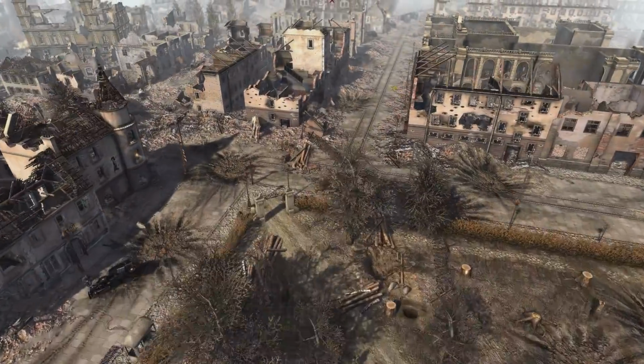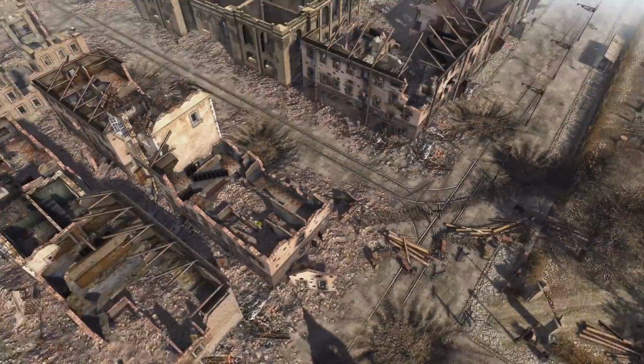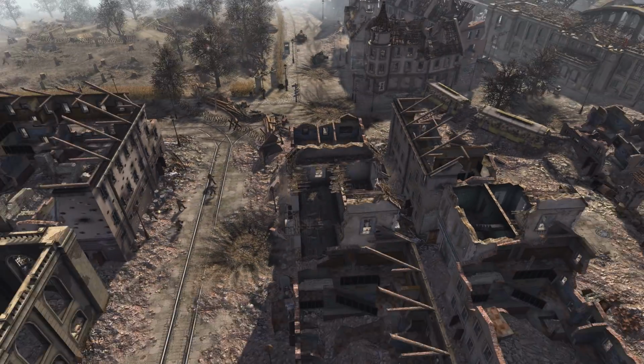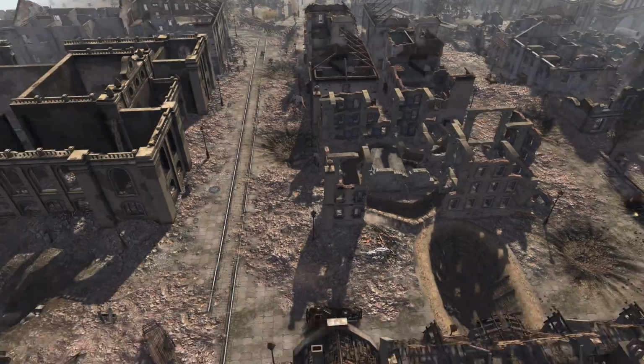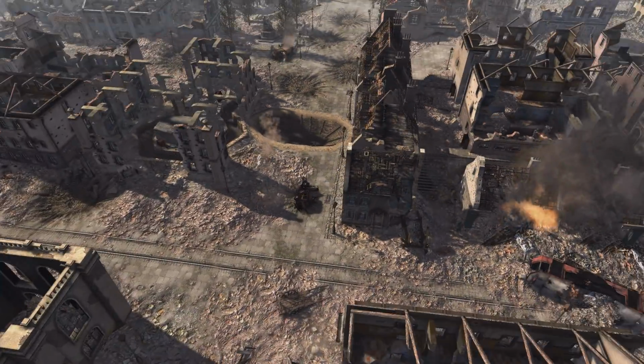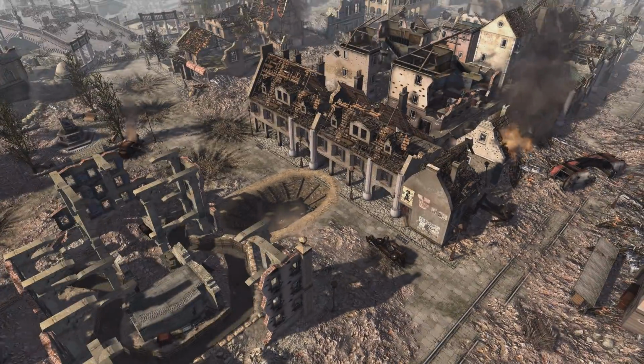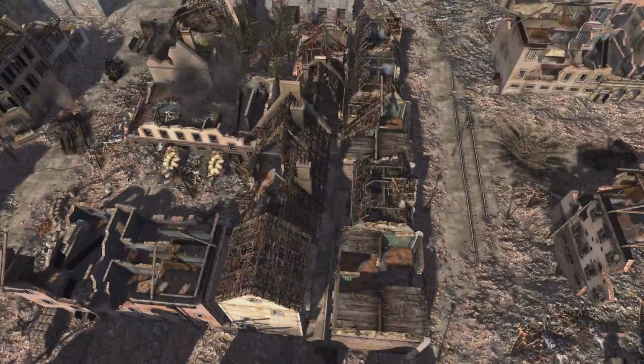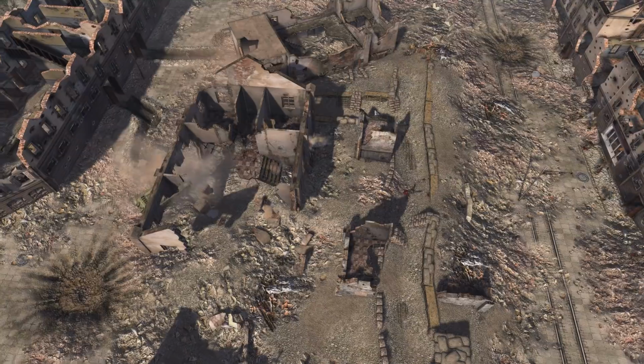We've got the Russians attacking. On the right side of the map, they're getting some good progress in. We've got lots of infantry moving in through the streets. So far, I feel that the Russians have been pretty successful in gaining lots of ground early on. That's nice to see. Germans are still holding some positions quite well, though.